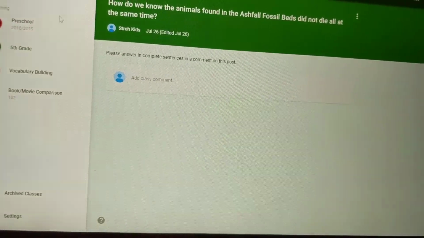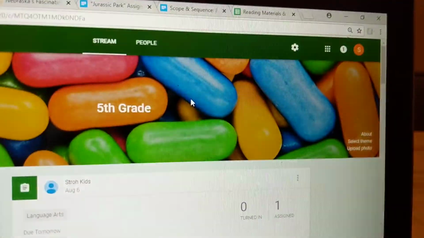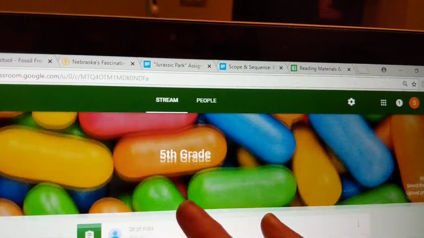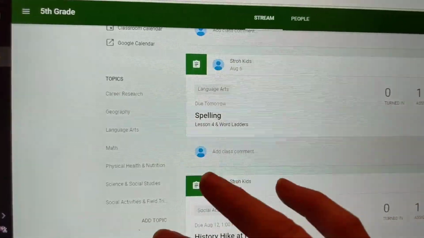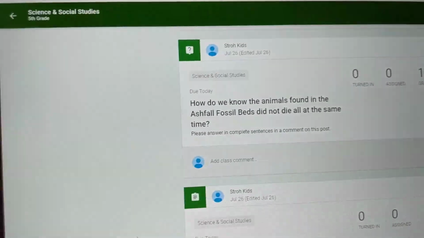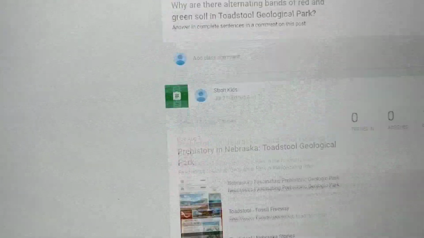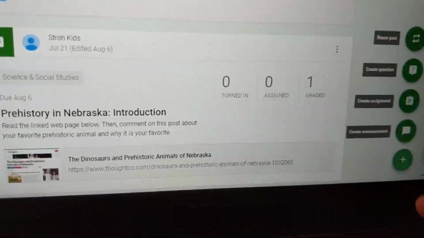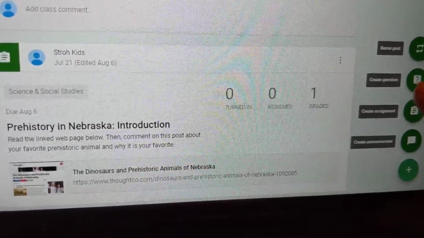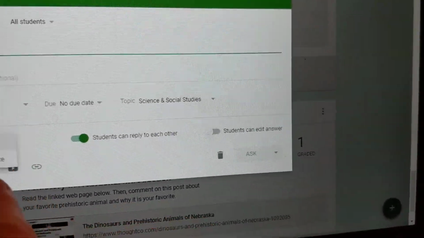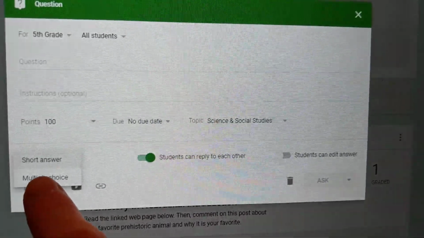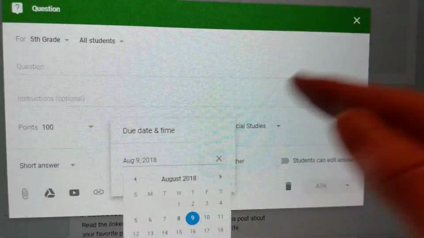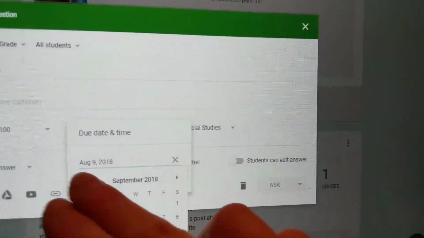And so these questions you embed, I know this can be a little hard to follow, but I'm just making this up as I go, so bear with me. So you create your assignment, and then if you think of a question as you're creating the assignment, you just hit create question, and you can either create a multiple choice or short answer and just give the instructions. And then you just make the question due the same day that you created that assignment,